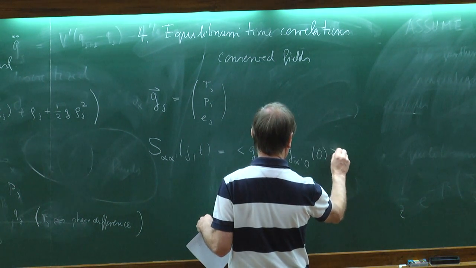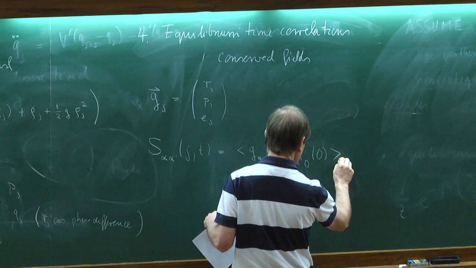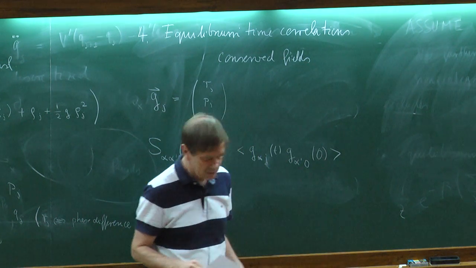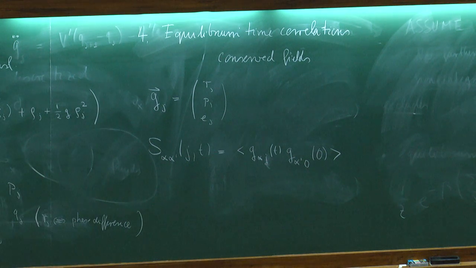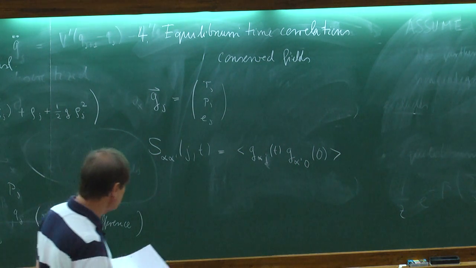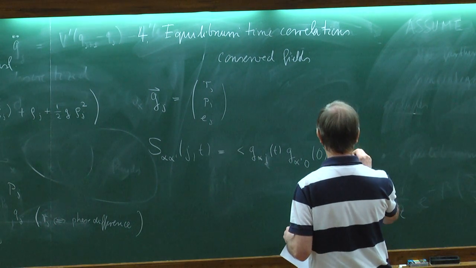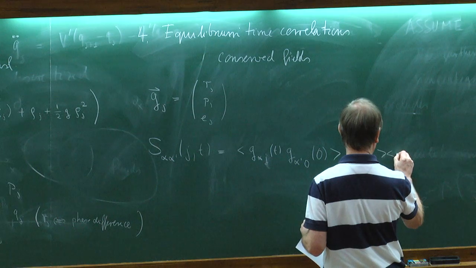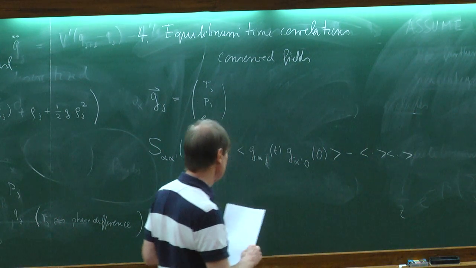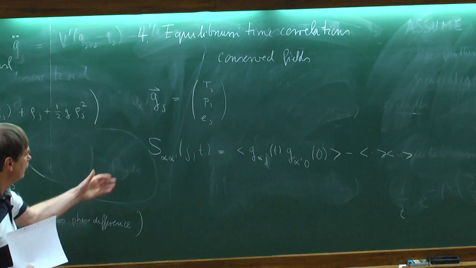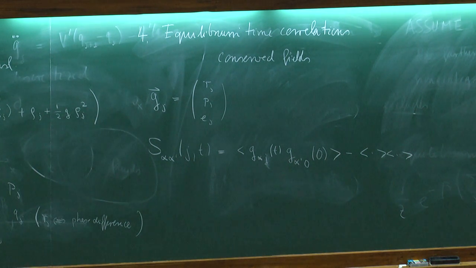And the index 0. In principle, if I'm careful, I should indicate that once I write down this average, I have fixed the value of the pressure, of the temperature, and of the average velocity or average momentum. But otherwise it will take forever if I write this down. And of course I will subtract the equilibrium averages of this quantity. So this is really our goal.